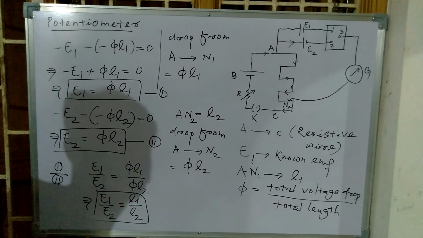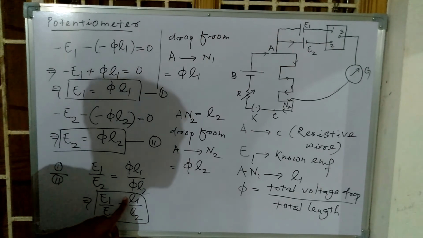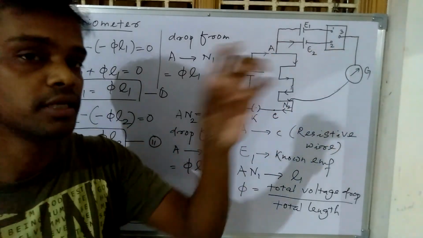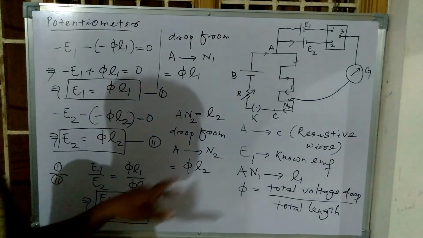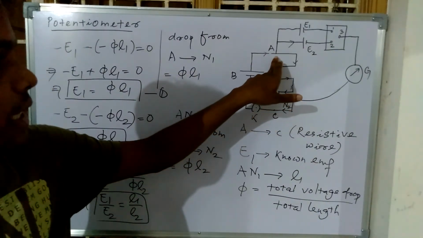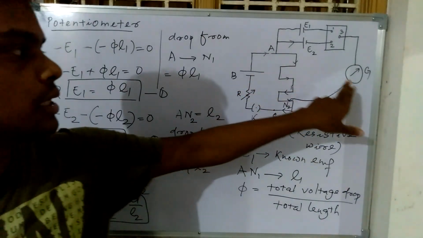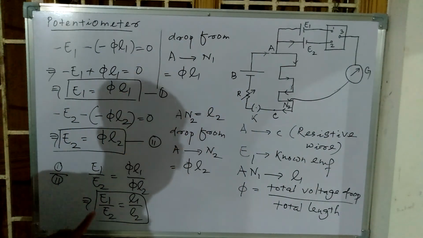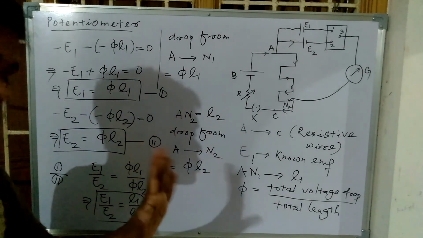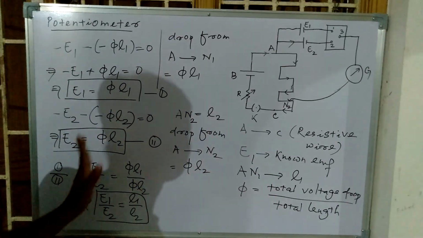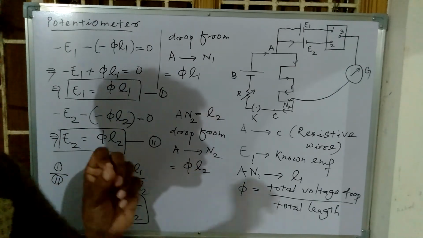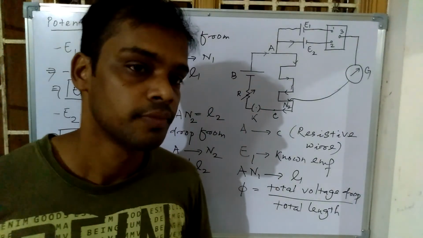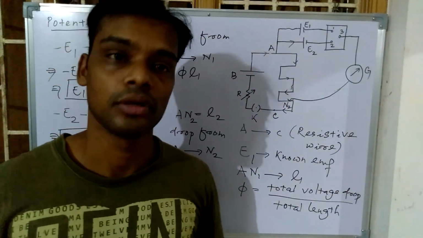So this is the final equation. Of course L1 is known to us because we can measure the length L1 when the galvanometer shows 0. Similarly, we can measure the length L2, from A to N2, when the galvanometer shows 0. So in both cases L1 and L2 will be obtained. Now E1 is known to us from the beginning, and E2 is the unknown EMF to be determined. So from this equation we can simply find the value of the EMF of this unknown cell.